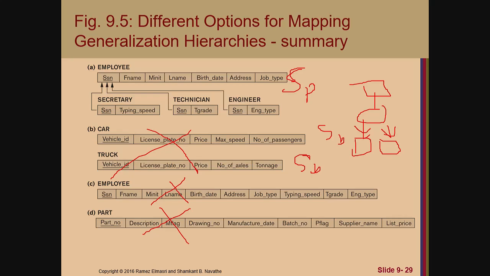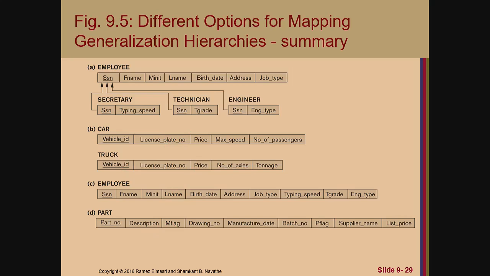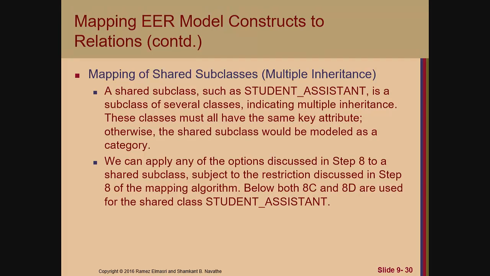Or an easy way, just remember if you have total participation, you can use all of them. If just partial, you have to be careful with that. Anyway, let's see options A, B, C, D. Okay, what else? Mapping of